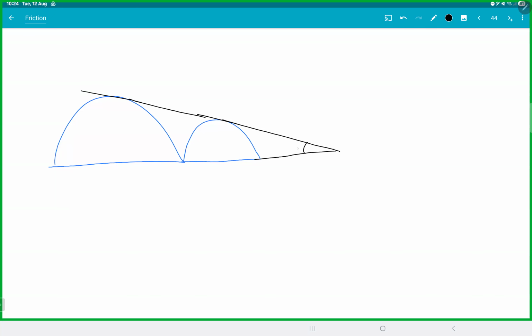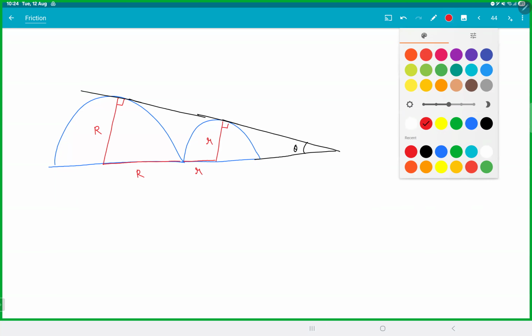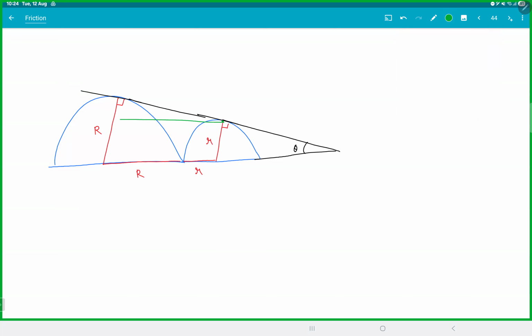So that's a tangent. So this is theta. This is 90 degrees. This is radius R. This is 90 degrees. This is small r. This is also small r. This is also perpendicular and small r. So from here, if you drop a perpendicular, if you see that triangle there, this is also theta. So I'll just draw the triangle again. I'll name these points A, B, and let's call this thing C. So if you draw ABC,